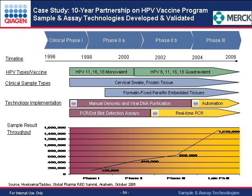I would like to summarize this and point out this importance in one case study, namely our more than 10-year lasting partnership now with Merck. And this slide was presented in a joint presentation by QIAGEN and Merck on the Global Pharma R&D Summit at Anaheim last year in October, showing the very successful HPV vaccine program from Merck for the Gardasil vaccine,